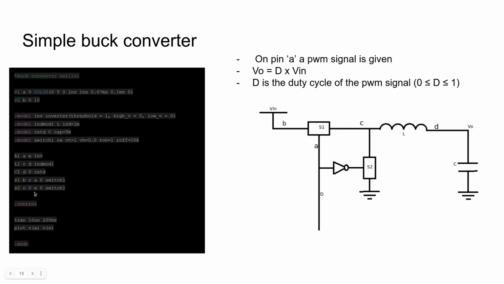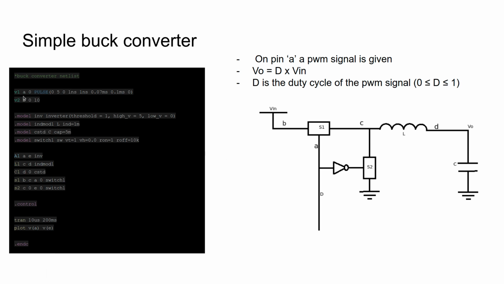And S2 and S1 essentially have four nodes. You can imagine a fourth node here which is connected to the ground. So when this voltage goes beyond a threshold which we have set to 1 volt, it will connect C to ground. Similarly here, when the A to this fourth ground voltage, the A node, goes above 1 volt, it will connect the B and C node. So that is all defined in this circuit netlist, and we can control it.